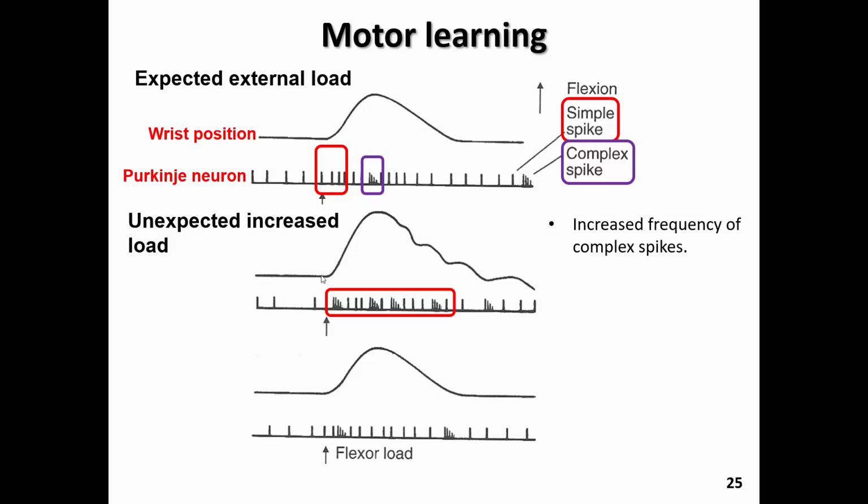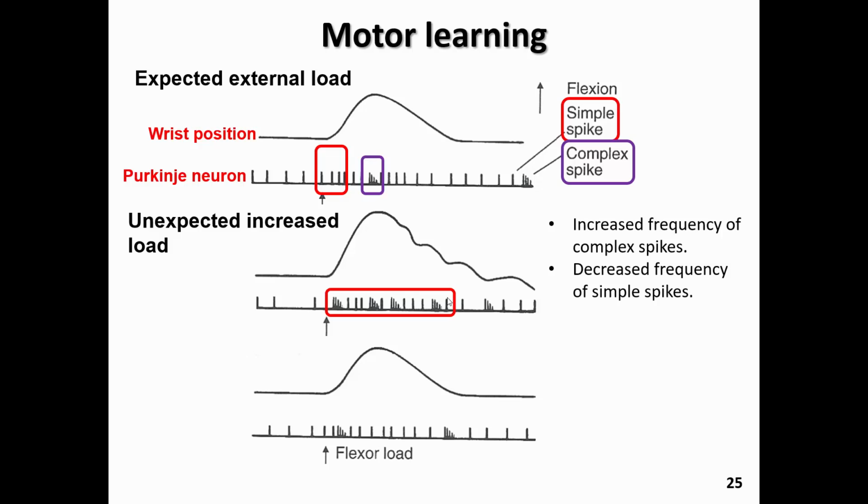And that corresponds with a much more complex and increased frequency burst of these so-called complex spikes, suggesting an increased level of activation from climbing fibers. And there's a decreased frequency of the simple spikes. So simple spikes are still present coming from the mossy fiber granule cell connection, but there's a much greater degree of